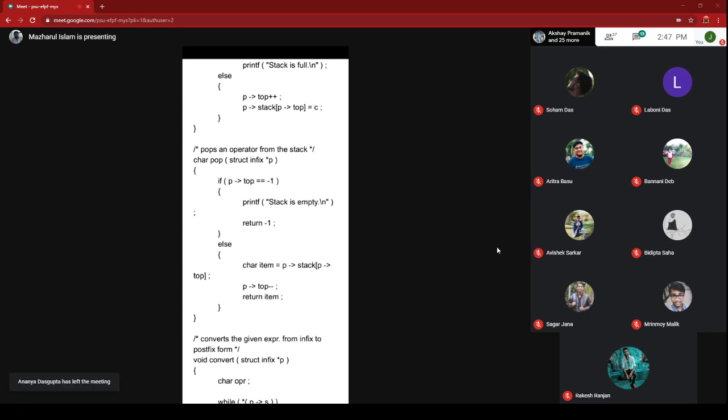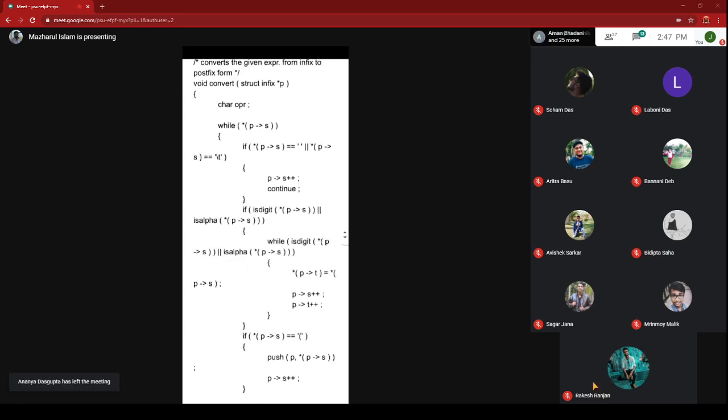So the basic important thing you need to remember is the void convert function. Inside the convert function, it will interpret every character when it reads it. If it is a left bracket, one decision will be taken. If it is a right bracket, one decision will be taken. If it is an operand, one decision will be taken. When it is an operator, one decision will be taken. Among these four cases, only when you read the operator is it a little bit complicated. Otherwise, all cases are very simple.